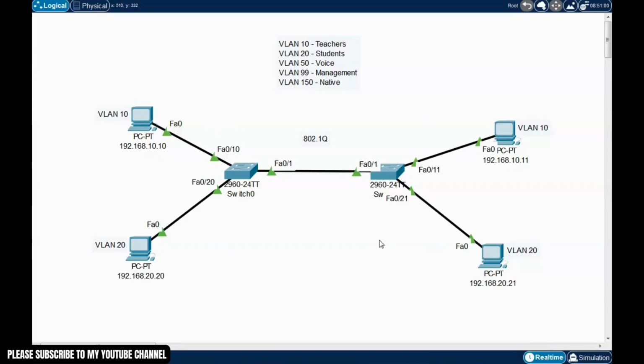Okay. However, since we created a trunk port, or the trunking protocol, we also need to consider activating the native VLAN. All right. Well, native VLAN is important. Let's say, for example, on this network design, let's pretend that this switch is a non-Cisco, and this computer is connected to this non-Cisco switch, and this PC wants to communicate then to this next PC. All right. So what will happen is